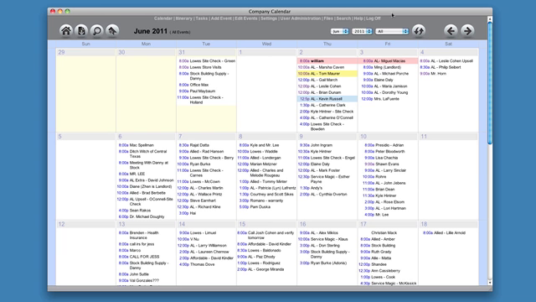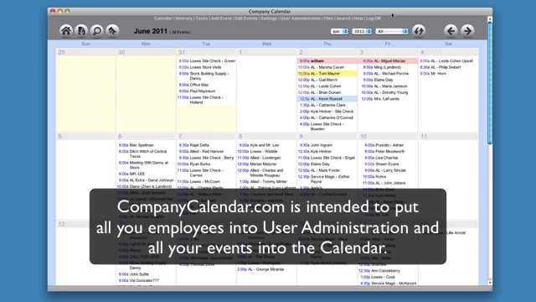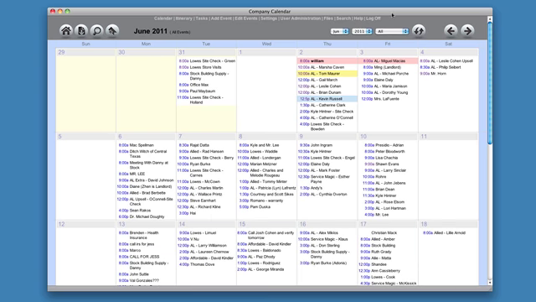CompanyCalendar.com. What I'm going to do today is give you a basic overview of the calendar. It's not complicated. It's not intended to be complicated. What it's intended to do is to put all your employees into the user administration and then put all your events into the calendar. Now, when you first log into the calendar, you're going to be taken to the calendar